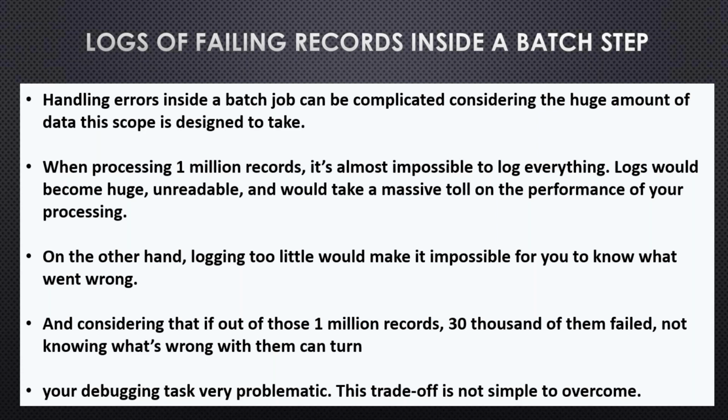As we know, with the default error handling of Mule ESB, whenever an error occurs in the flow, it automatically prints the stack trace in the console to debug the issue. But when we are processing 1 million records during a batch job, if it prints each and every error, assume the same error is coming 30,000 times, if it prints the same error 30,000 times, does it make sense? No, right? On the other hand, if we log too little, it will be impossible for us to understand where it went wrong.